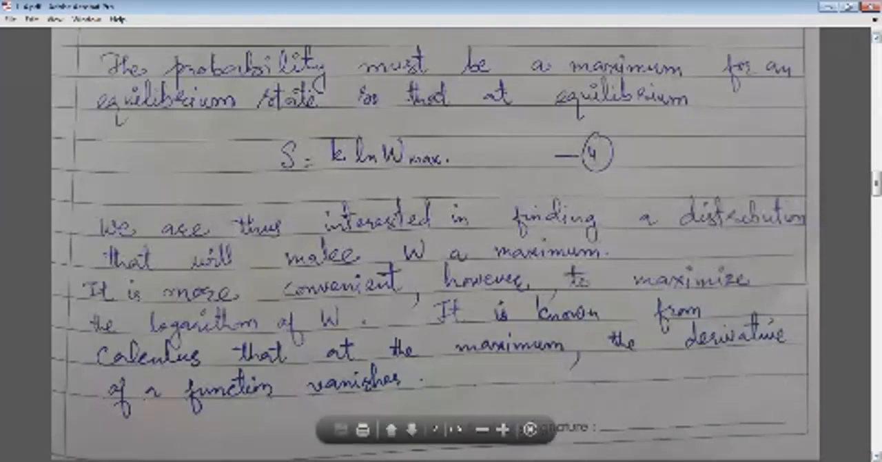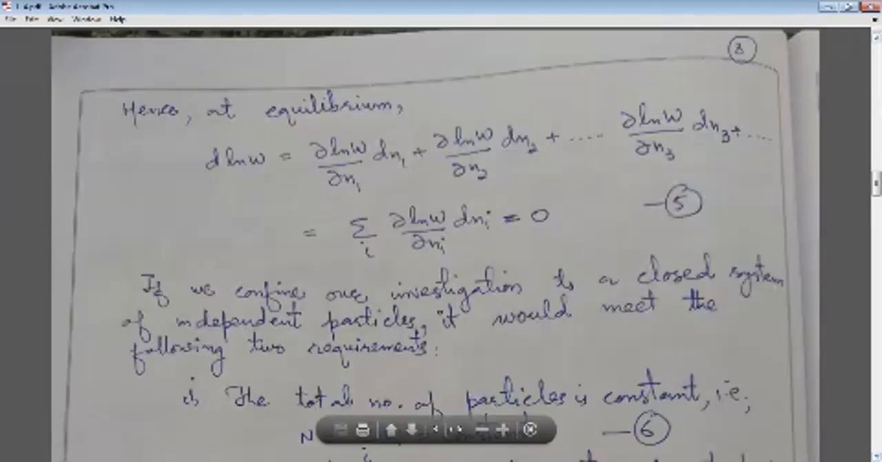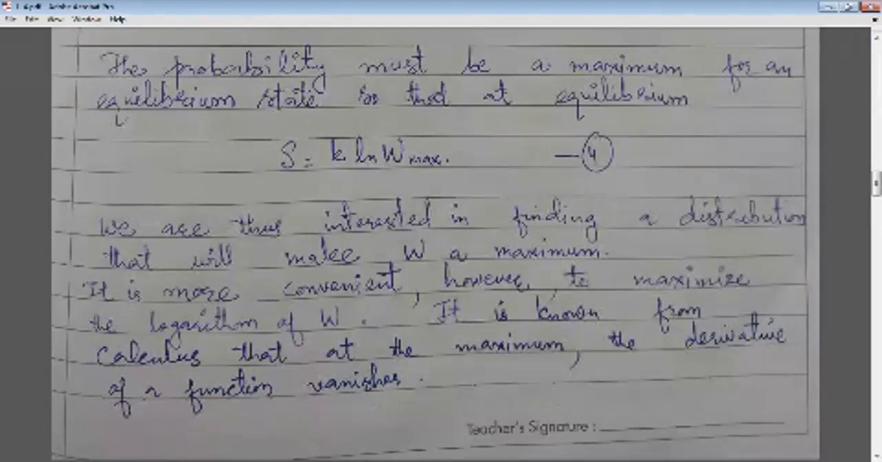If you want to take a maximum of a quantity, you know that its first differential is basically equal to 0, or it will vanish. I have written here that it is more convenient, however, to maximize the logarithm of this thermodynamic probability. We know from calculus, that means from differentiation and integration, that at maxima and minima, the first derivative, d by dx, is basically equal to 0, or that basically vanishes. So we will take into consideration this property,